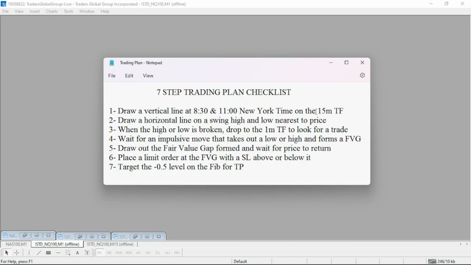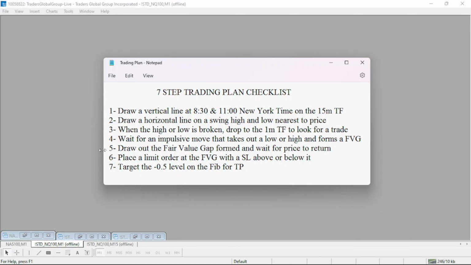So we start trading on the 15-minute time frame. Step 2. Draw a horizontal line on a swing high and low nearest to price. I'm going to do a demonstration of this on the charts as we get to it. Step 3. When the high or low is broken, drop to the 1-minute time frame to look for a trading setup. So we start from the 15-minute, then we drop down to the 1-minute where we start looking for a trading setup. Step 4. Wait for an impulsive move that takes out a low or a high and forms a